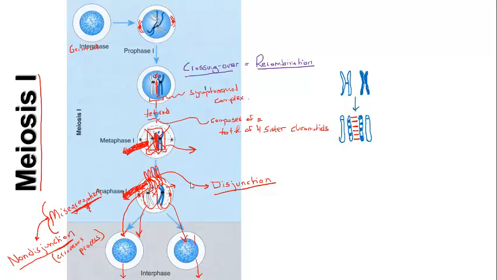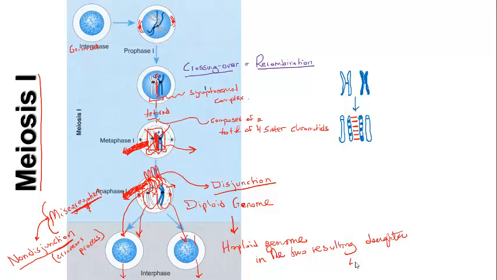We've gone from a diploid genome to a haploid genome in the two resulting daughter cells of